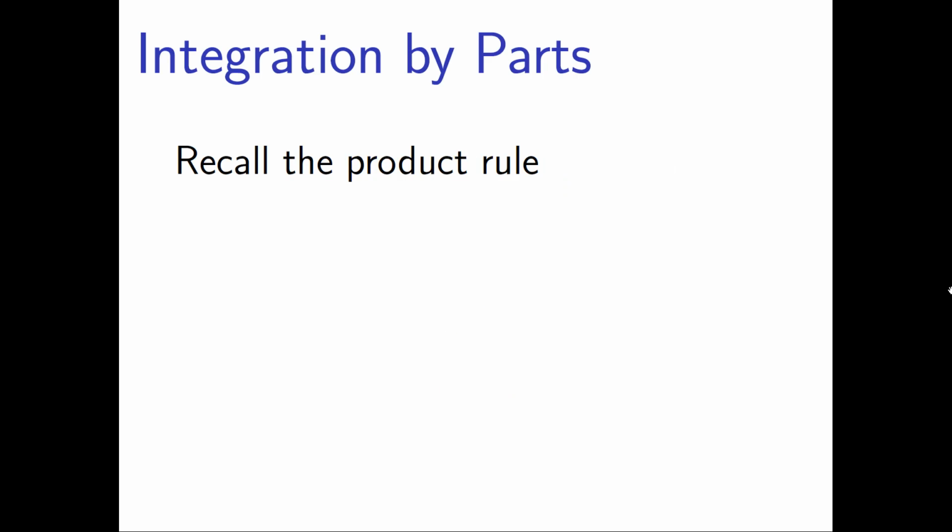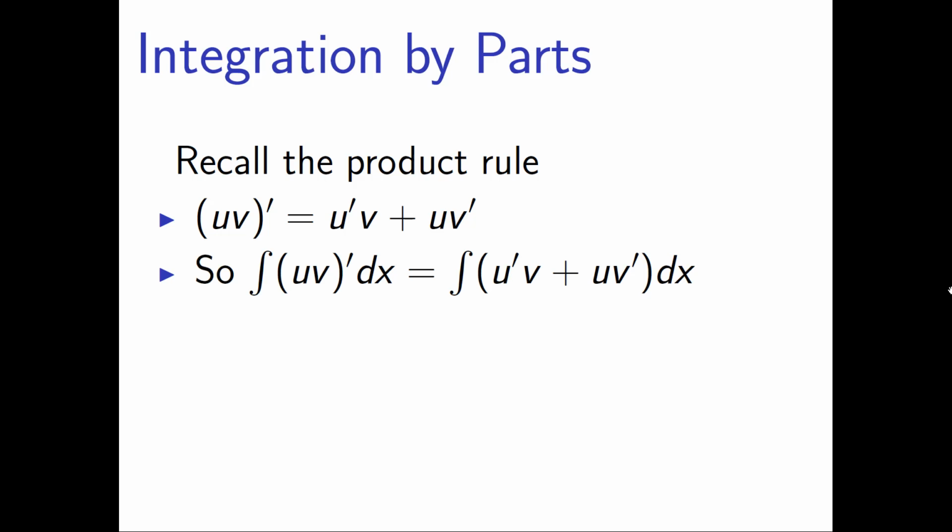Okay, so let's recall the product rule that we saw in differentiation. On the left hand side here we have u and v, both functions that we wish to differentiate. And to do that we take u prime then v, so in other words differentiate the u, leave the v the same, and then we add u then v prime, where we differentiate the v but leave the u the same. Okay, so that's the product rule, and if we integrate both sides of that product rule,